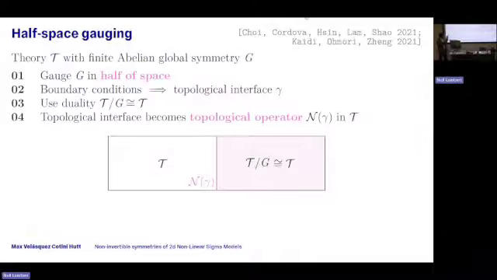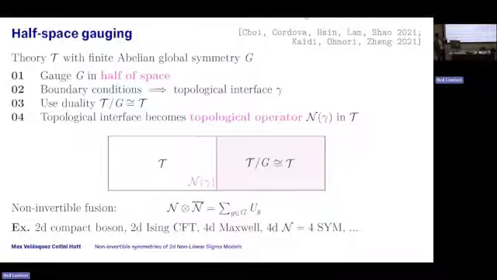The interesting thing about this construction is that it always constructs such a topological operator with a non-invertible fusion rule. Okay, so in particular, you have a sum of terms on the right-hand side. UG is the topological operator just associated to the group G that I started with. Okay, good. So while the construction is rather specific, they're actually somewhat common. You see them in 2D CFTs, like the compact boson and the Ising CFT, some 4D gauge theories, and there's plenty of other examples that you'll see as we go along.